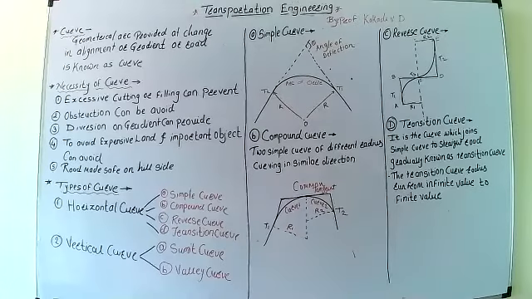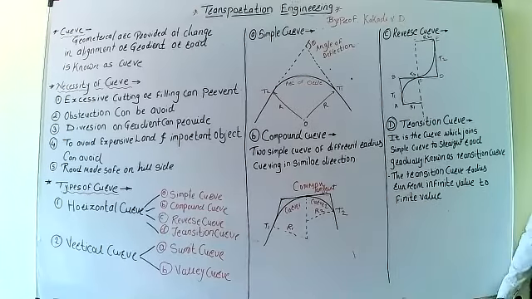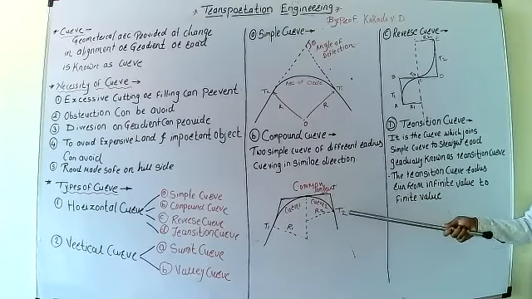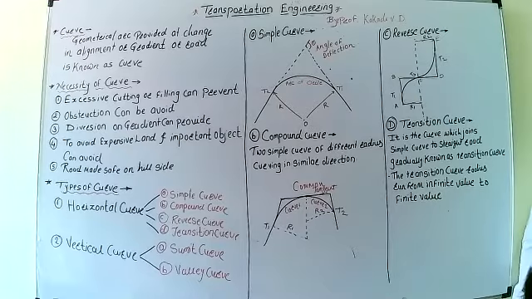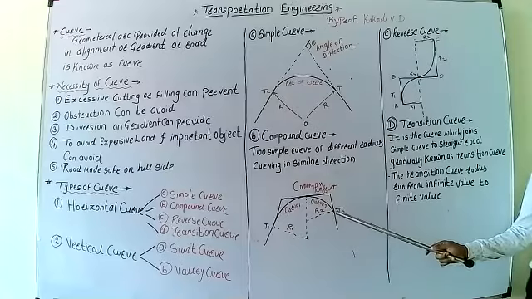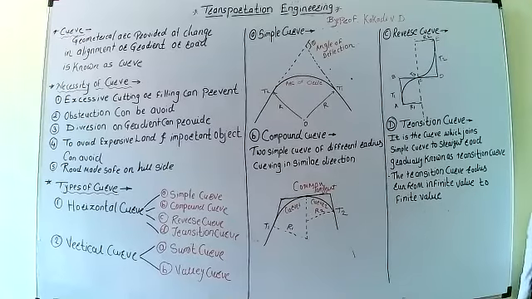So here the definition is: two simple curves of different radius curving in the similar direction. Okay, here similar direction is important, because in the next type there is a difference in the direction. In a similar direction, the curve starts from here and moves to here. So the direction is forward, there is no reversible direction. And here for curve 1 and curve 2, radius 1 and radius 2 are there. There is a common tangent here and a second tangent here.